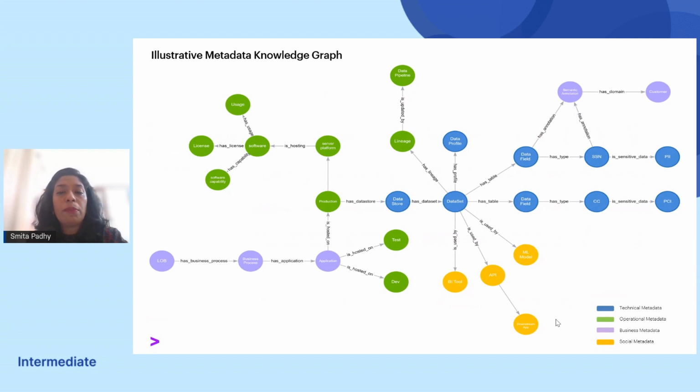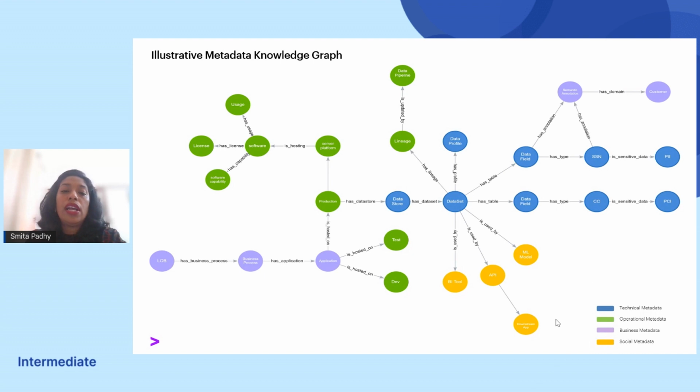So, how do we picture a metadata knowledge graph? This is just an illustrative view of how a metadata knowledge graph would look, and I've tried to bring in all the 4 different flavors of metadata onto a single platform. But in a production scenario, it would be much more complex to look at, and we might be using projected graph in order to do any kind of processing on such a huge